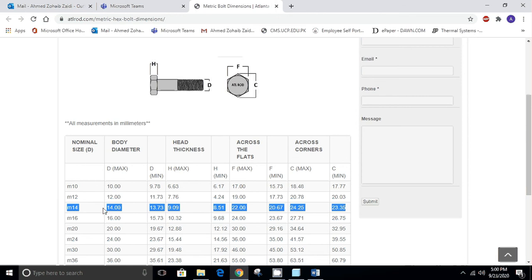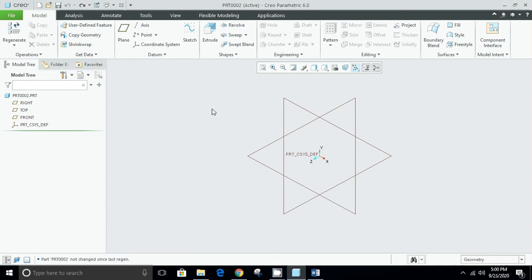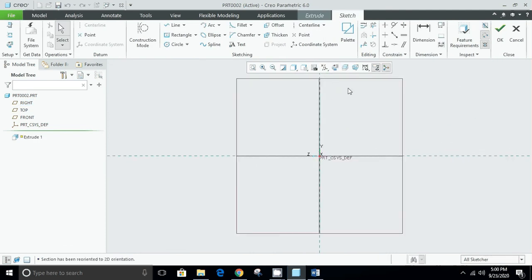And in order to create M14, we first have to create the head, and the thickness of the head is 13.73, and across the flats its dimension is 8.51. So let's move towards the software. So first of all, I have to extrude on one of the planes. For example, if I select right plane and click on extrude, I will be asked to create a sketch, and I have